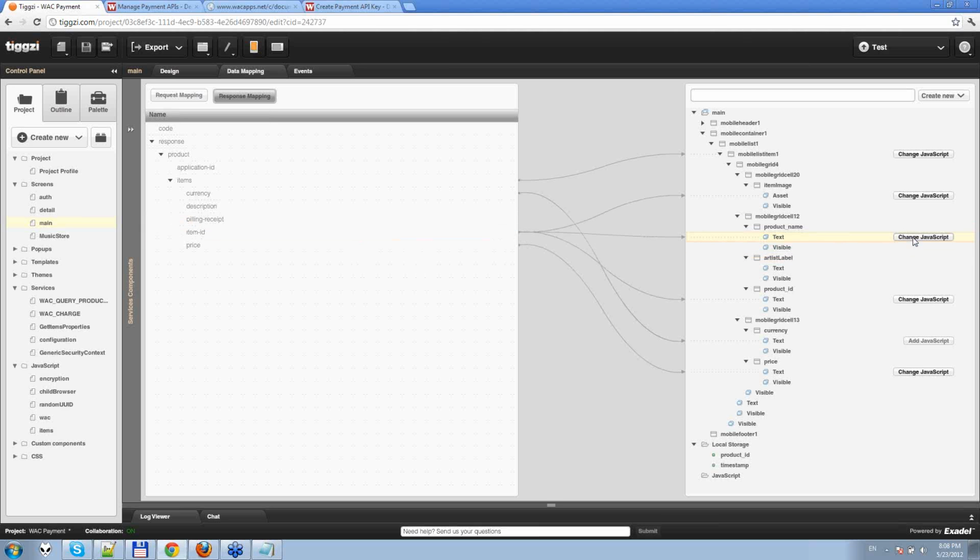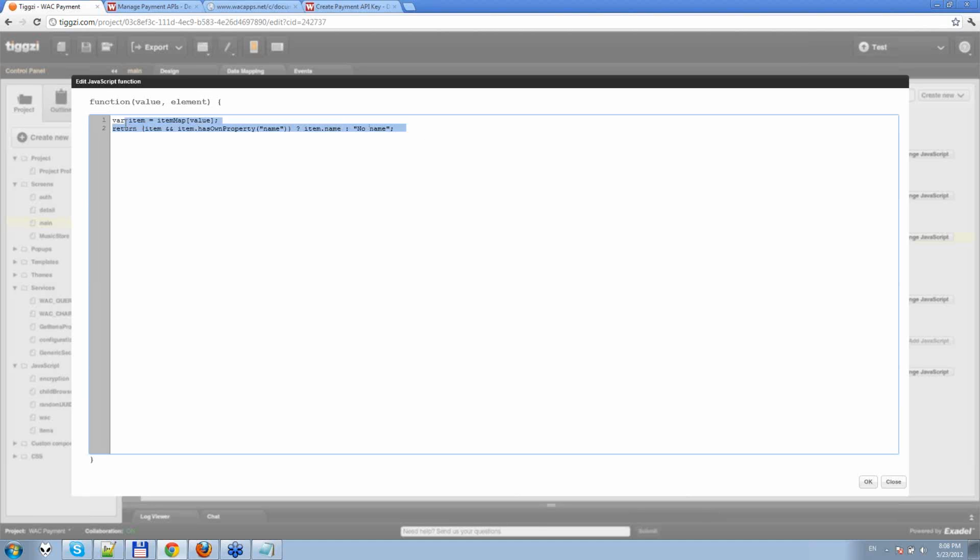So we are going to see that this transformation is basically based on taking one of the item properties from the item map, and we are going to